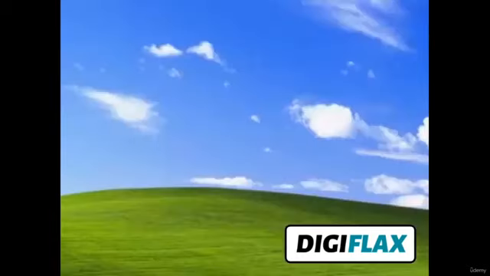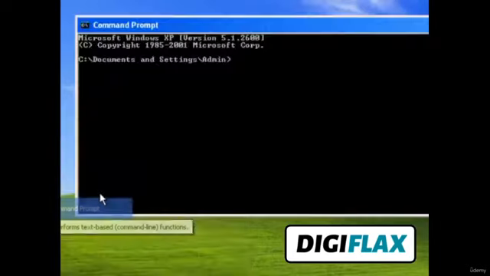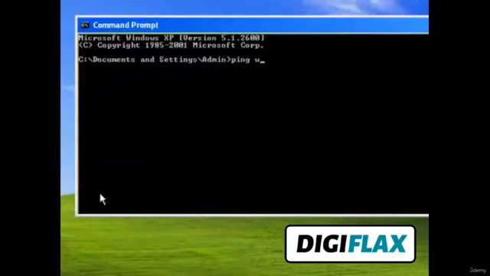Now go to the command prompt again and type ping, the website name, space dash t, space dash l, space 1000.